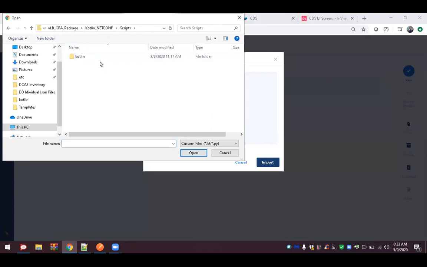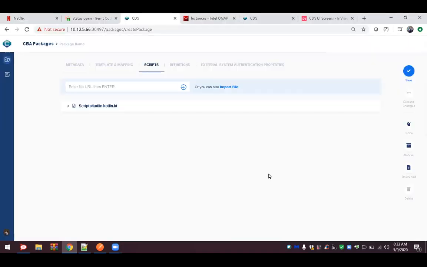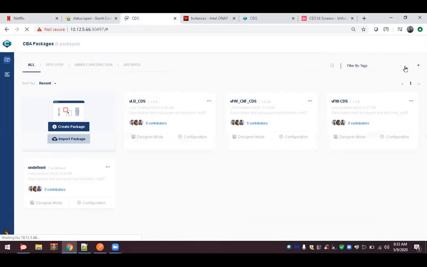All right. So in scripts, we have one script. I'm gonna click on save. Okay, are we gonna have it, or is it just loading? It's loading.